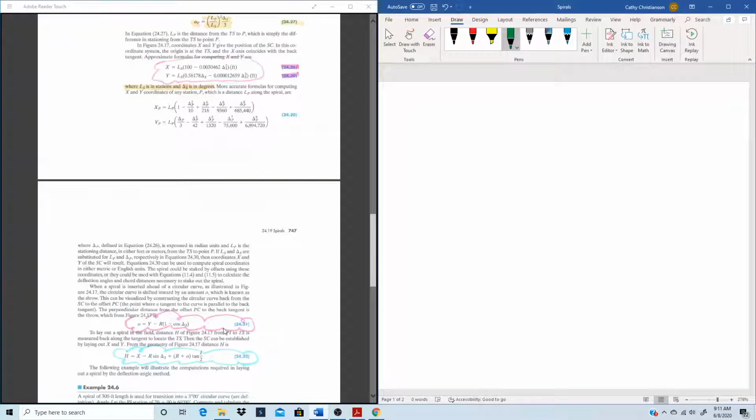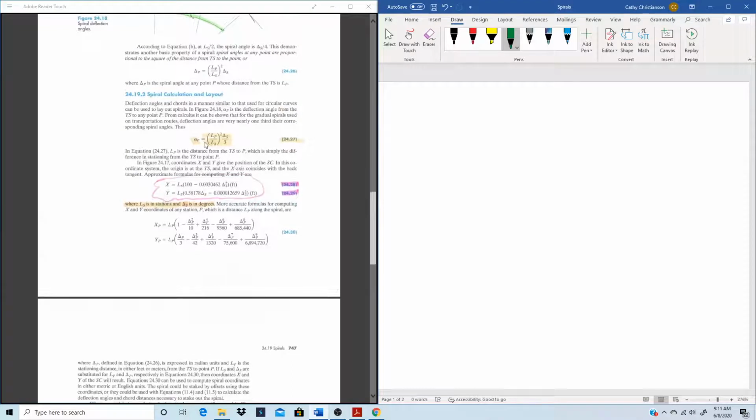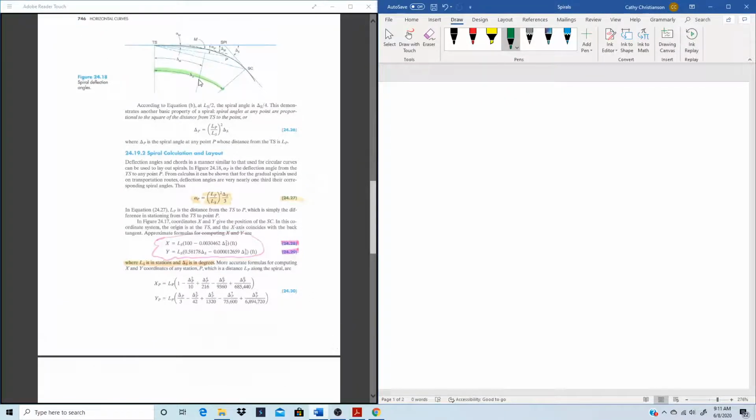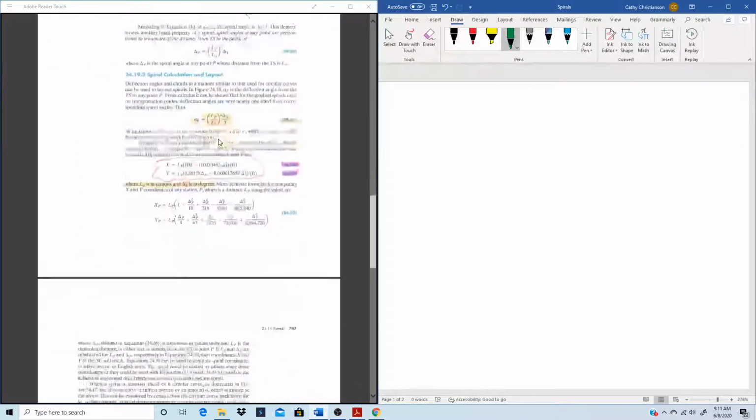So remember, these are constants. Remember when you're working to pay attention if LS is in stations, and typically they are. When I put it here, it doesn't matter if it's stations or degrees. I'm going to put it in the regular length, not stations, and we'll see how it comes out. And so we're going to have a little solving to do. Alright, so